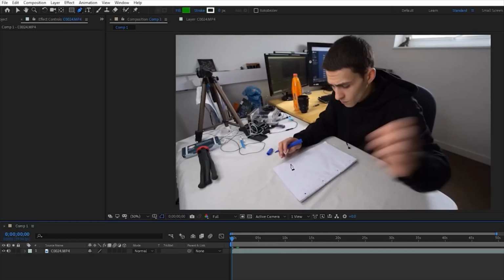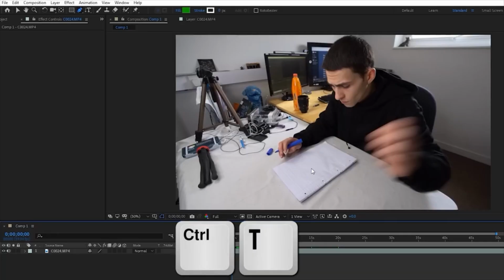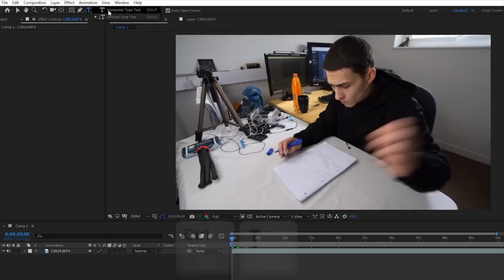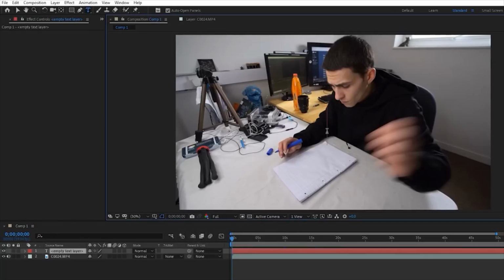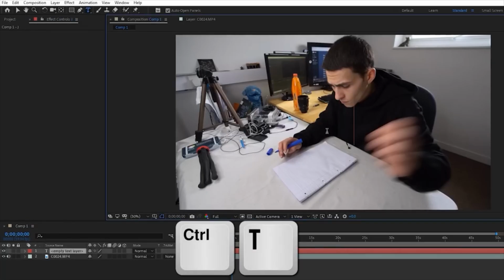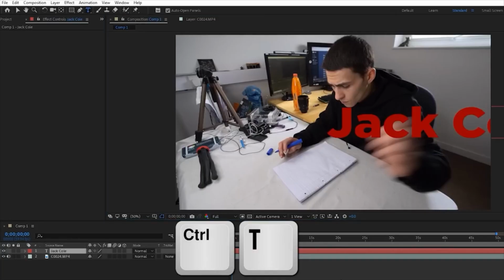Next up is going to be the text tool. Now, it would lead us to believe that the text tool would be T, but T actually applies to other things in the program. Therefore, the text tool shortcut is Control T. So instead of just T, it's Control T. And at any time, we can actually go up here and change to the horizontal. And then because we've pressed Control T, we could go, Jack Cole, and we can make another one of these